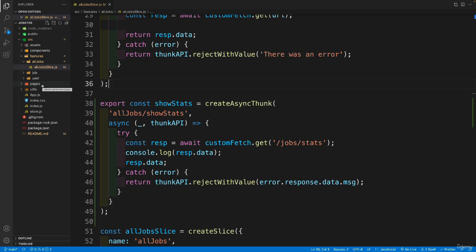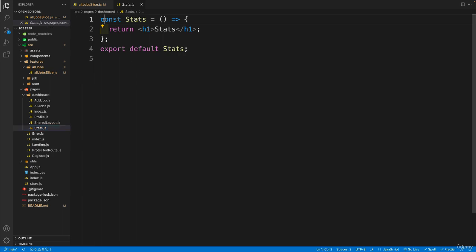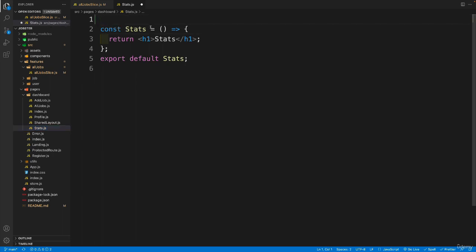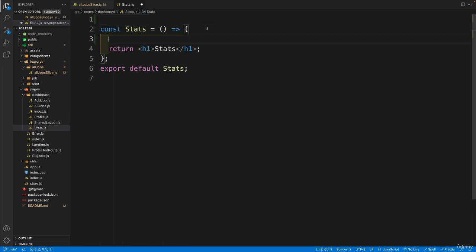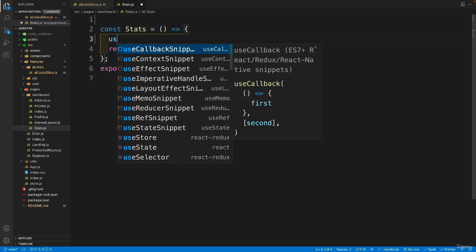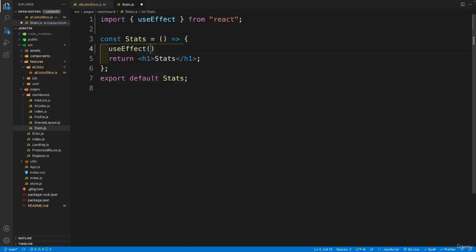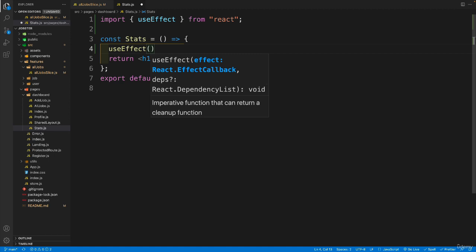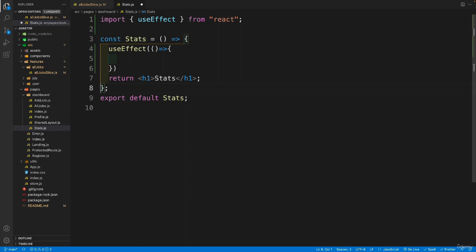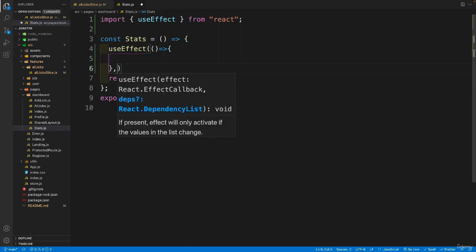So here's what I want to do. Let's go to the pages, then dashboard, then stats. We want to set up the useEffect, and also we want to get the dispatch. So let's try to set everything up using the auto import. So first I'm going to go with useEffect, and eventually we'll set up a proper dependency array. For now, I'm just going to set up the empty array, which means that we'll invoke this once this page